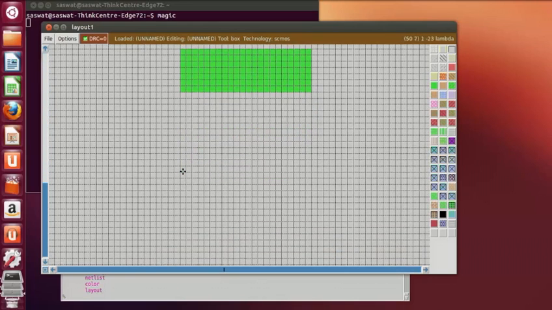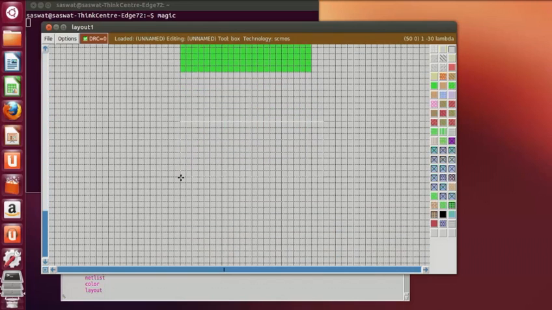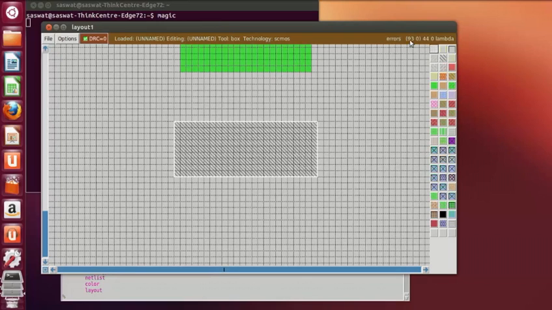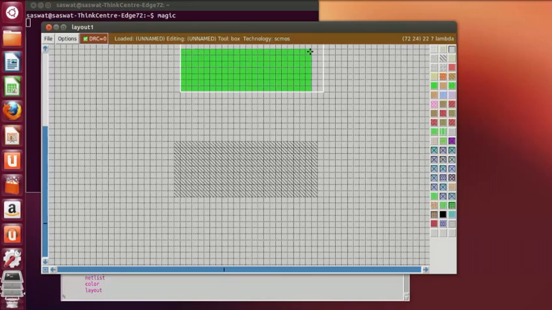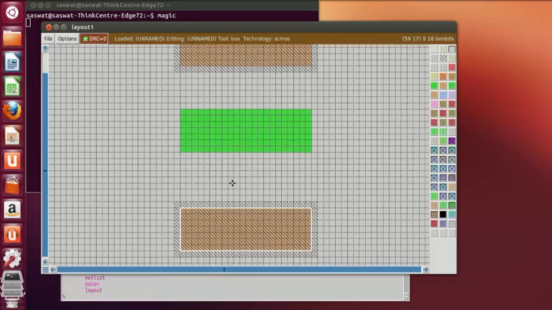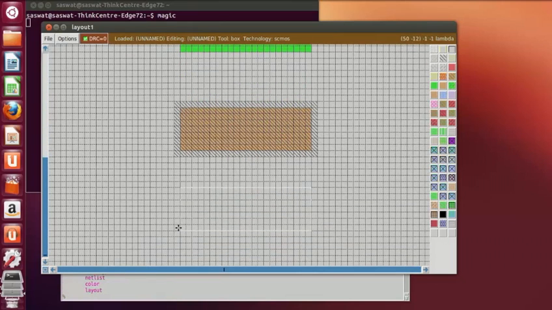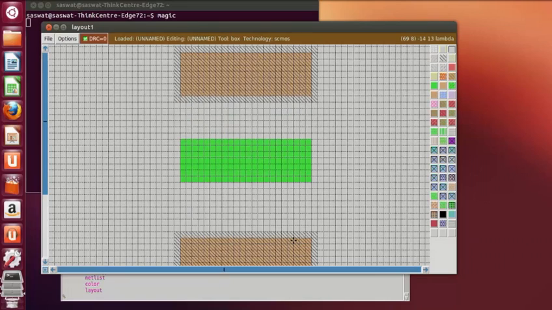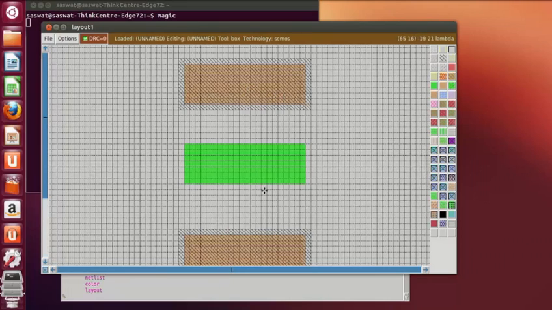So we need another transmission gate. Middle click on N-well. Select the area and this is P-diffusion. Then middle click on N-diffusion. Okay, now